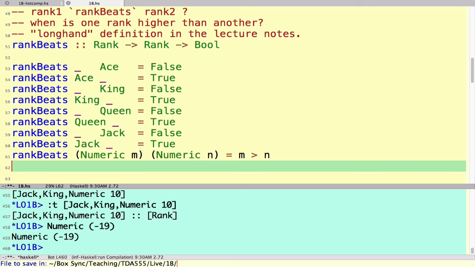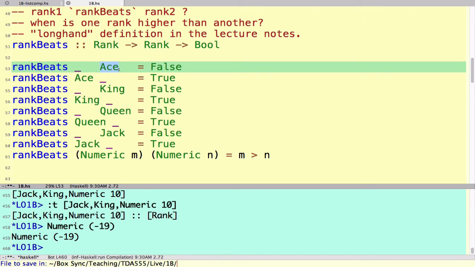it works or not. I mean, the idea is that if the second card is an ace, then the first card can't possibly beat it, right? There is no card higher than an ace, so an ace cannot be beaten in rank. So that must always give false if the second card is an ace, right? Yes? What about